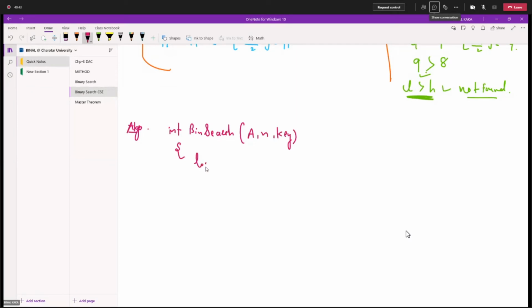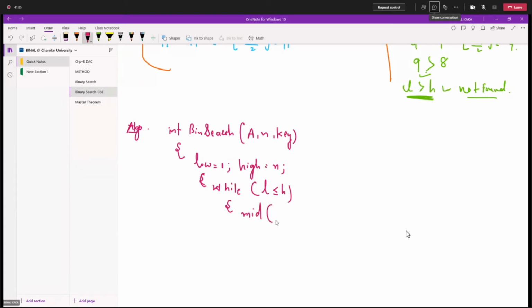If my low value is set as 1 and our high value is set as n, I'm applying the while loop: while low is less than or equal to high, then you have to find your mid value.